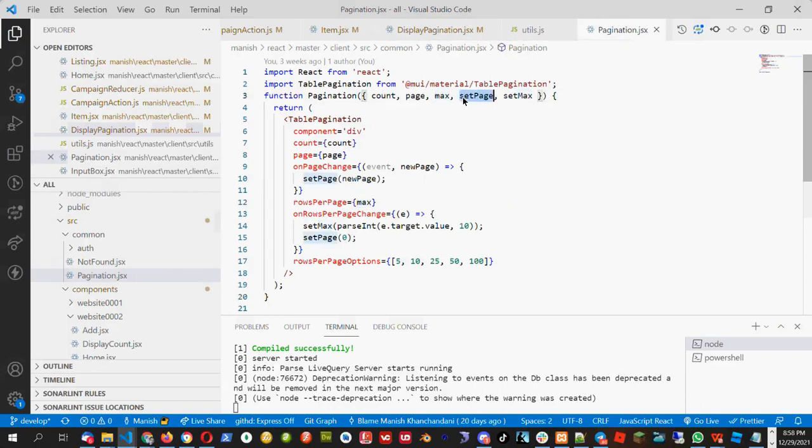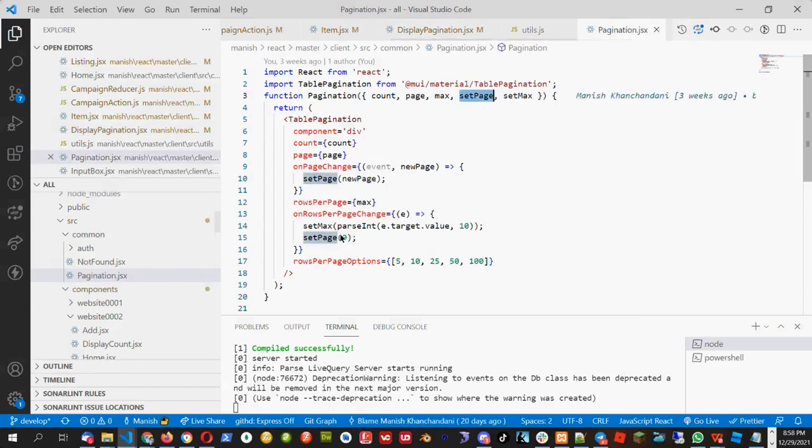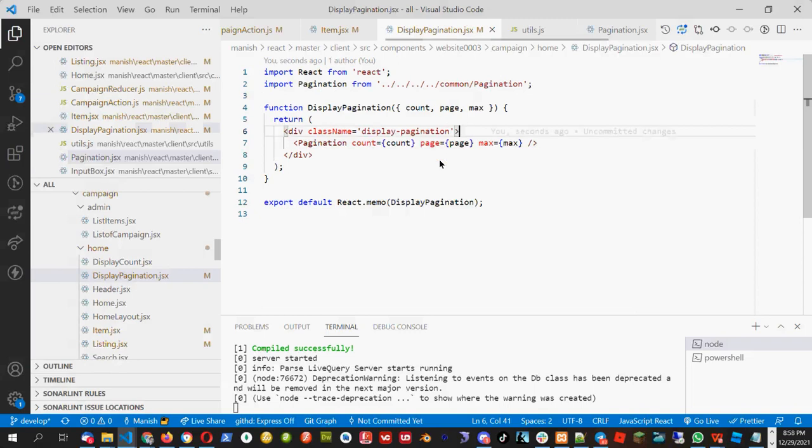What else do we need? We need the set page and the set max. So we need to just call these two. One will be the set page. Right now I'll just put an empty function.